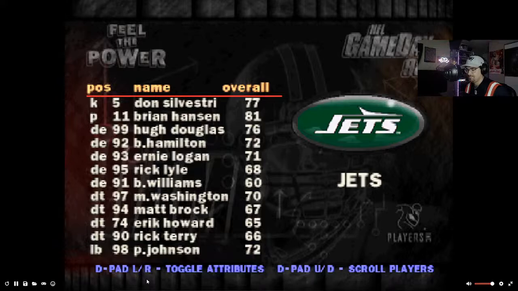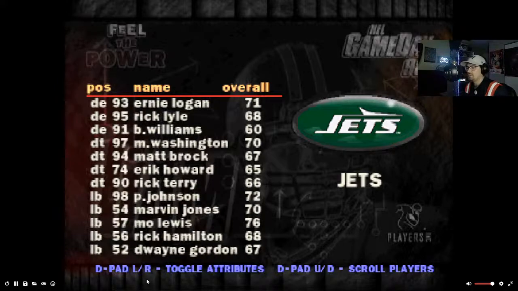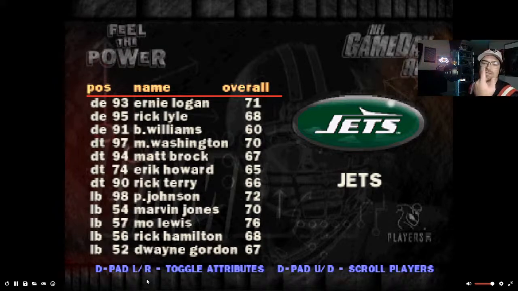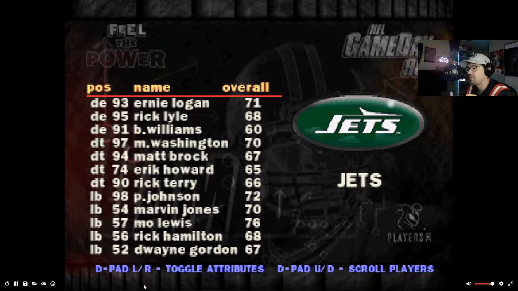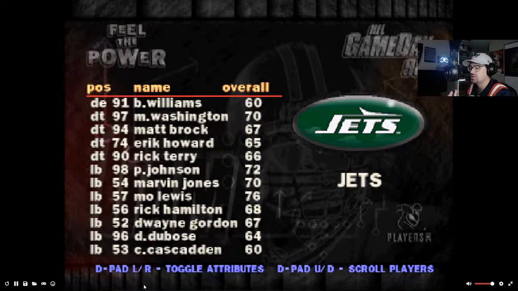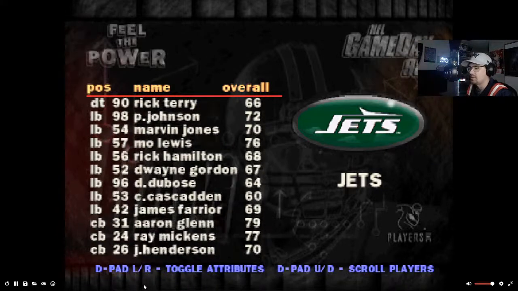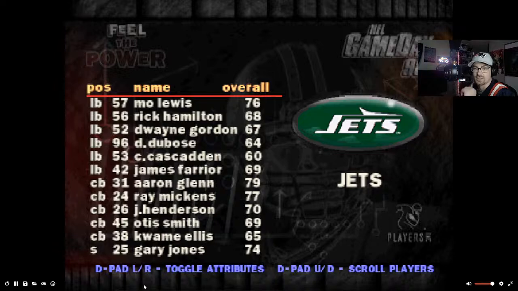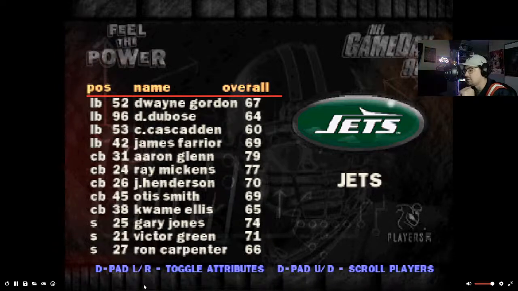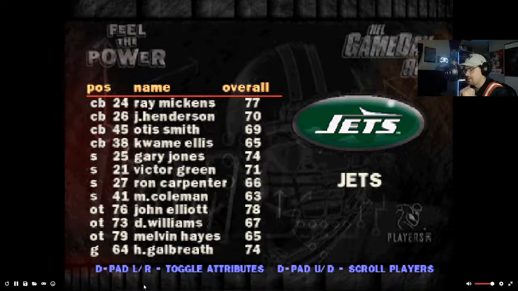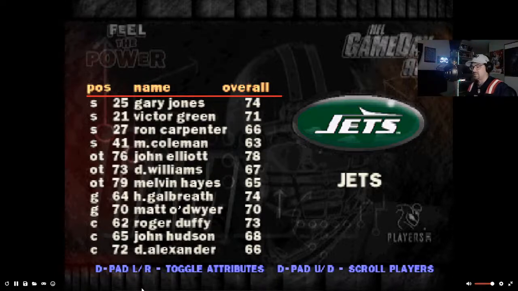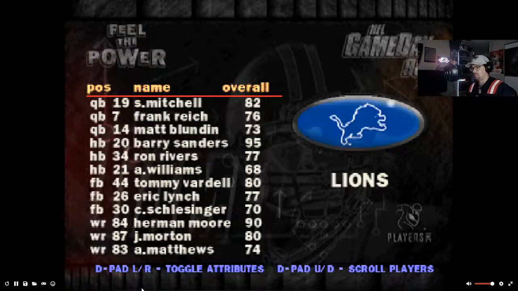But this team, not a lot of great players. This team is interesting because Bill Parcells coached the Patriots the year before and got them to the Super Bowl. Now this team is coached by Bill Parcells. He left the Patriots to go coach the Jets. So this team was not a good team this year, but would end up being a good team later on, actually making the AFC Championship game 2 years later. Yeah, there's not a lot of big-time names on this team. They were building towards it.